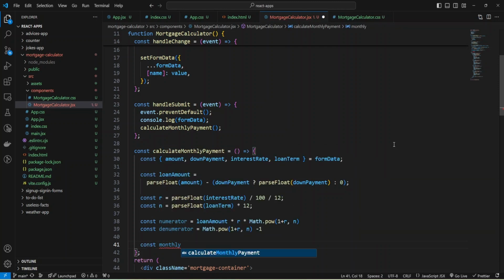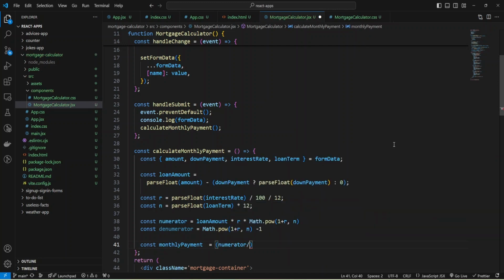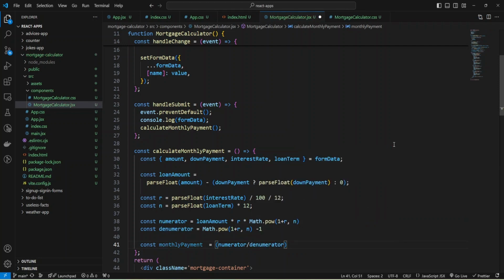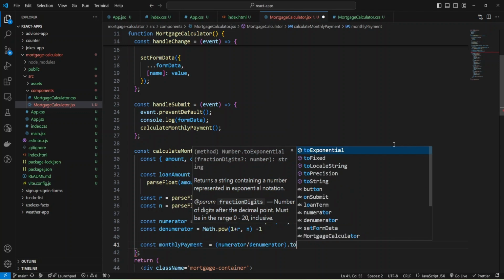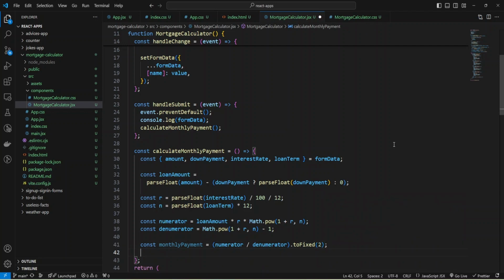And now we can calculate our monthly payment, and it will be numerator divide by denominator, and I'm going to use toFixed to provide only 2 digits after the point.